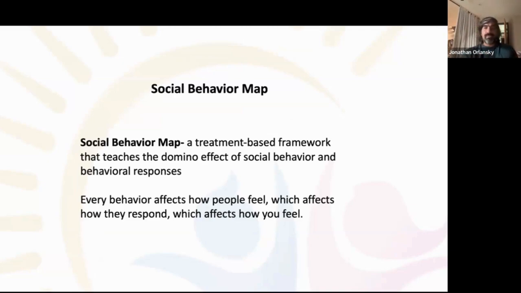Social behavior map, a treatment-based framework that teaches the domino effect of social behavior and behavioral responses. Every behavior affects how people feel, which affects how they respond, which affects how you feel. So, this is essentially